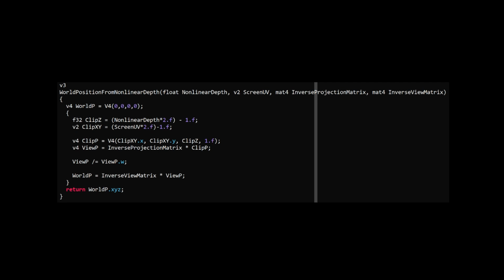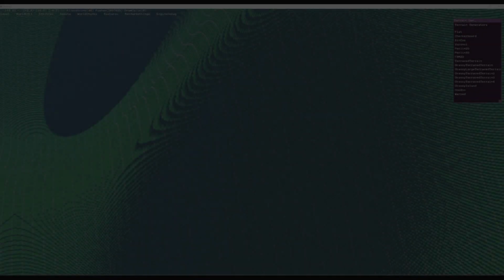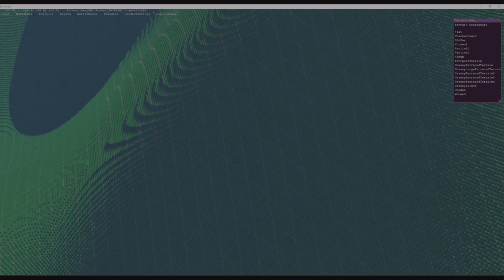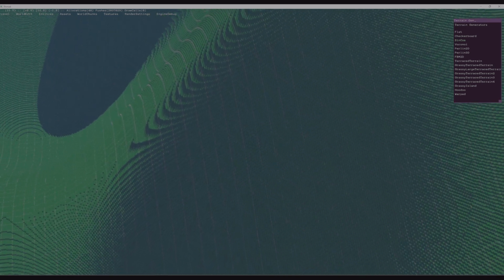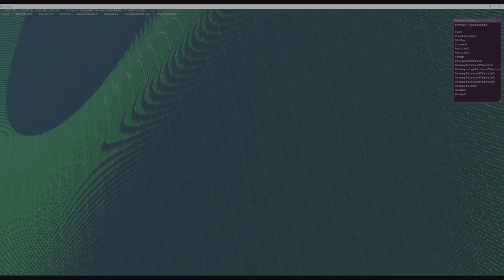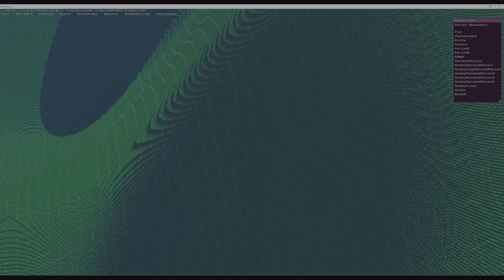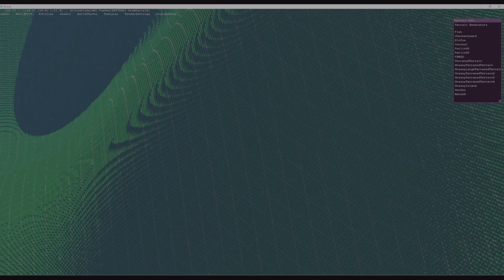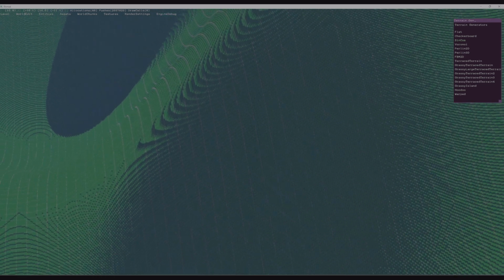It takes a screen space X and Y and a depth value and then applies the inverse transforms that produce those to get the world space coordinate back. And it works pretty good. I do see a little bit of artifacting in the shadow mapping, and I would like to take a closer look at that at some point to see if I can get rid of that or at least minimize it. But for the most part, it works really well, and it eliminates an entire 32-bit texture from the gbuffer, which